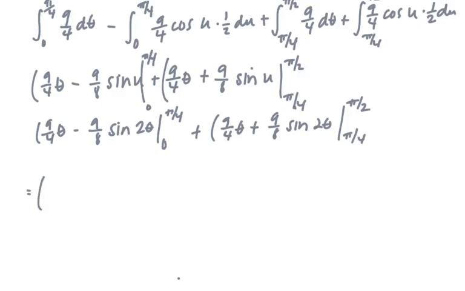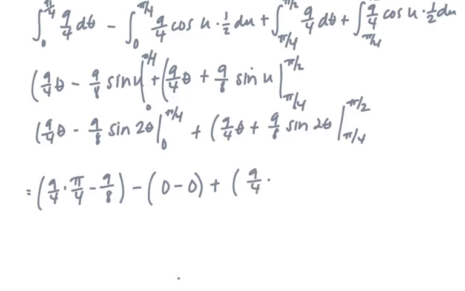So let's plug in pi over 4. So we have 9 over 4 times pi over 4 minus 9 over 8 times sine, and we're going to take 2 times pi over 4, which gives me 2 pi over 4, and that reduces to pi over 2, and sine of that is 1. So we're good there. Minus 0, minus sine of 0 is 0, plus 9 over 4 times pi over 2, plus sine of 2 times pi over 2 is pi, and the sine of that is 0, minus 9 over 4 times pi over 4,